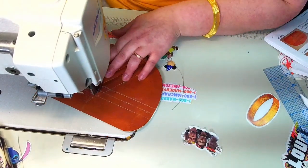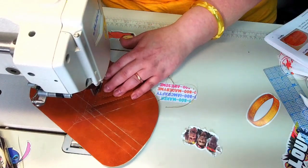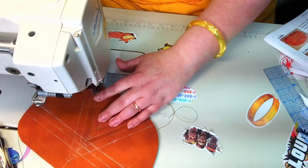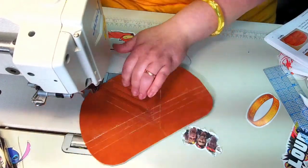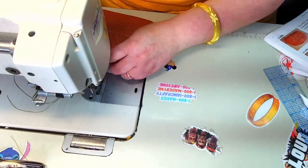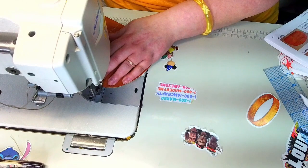All right. And take your time and don't forget to breathe. I know I say that a lot, but trust, and I pulled out the threads by accident on this one. Trust and believe, I always forget to breathe when I'm top stitching because I'm so excited to see what...